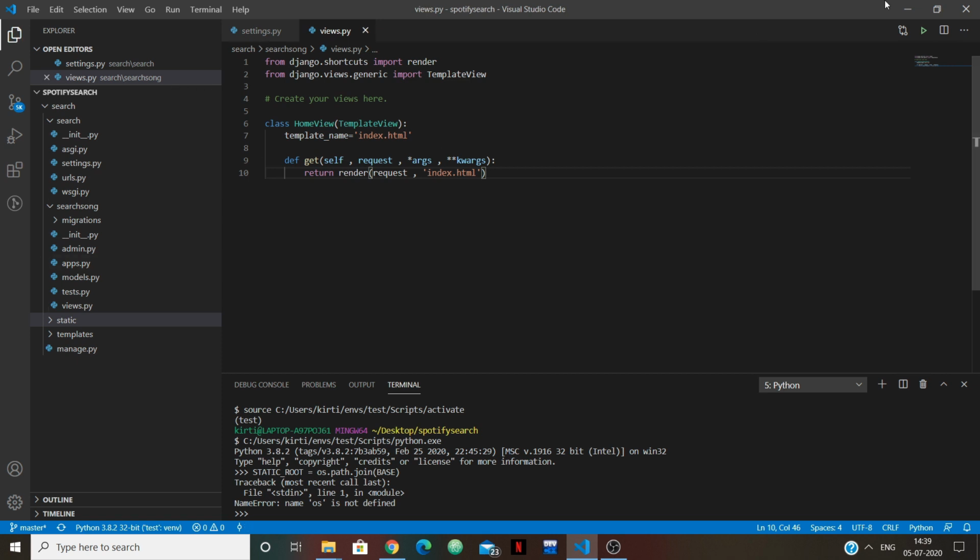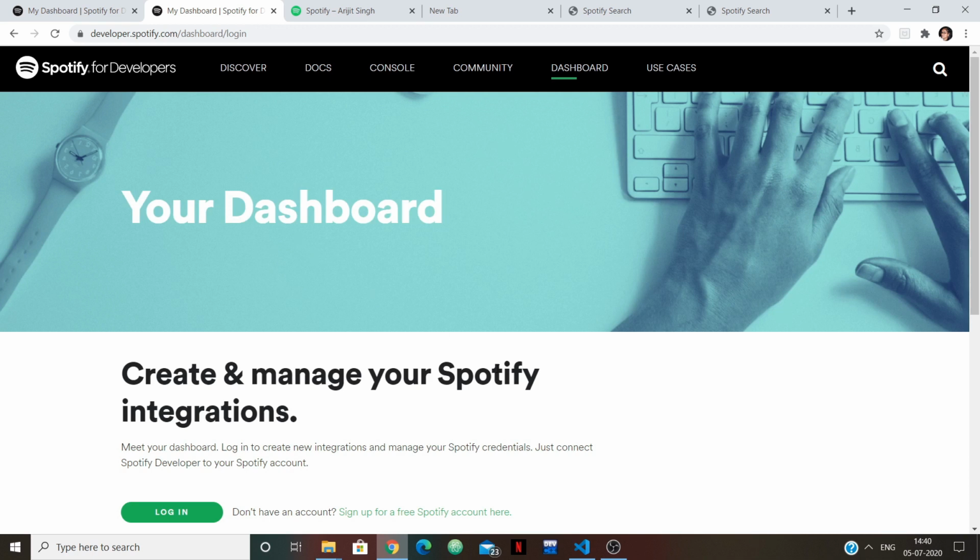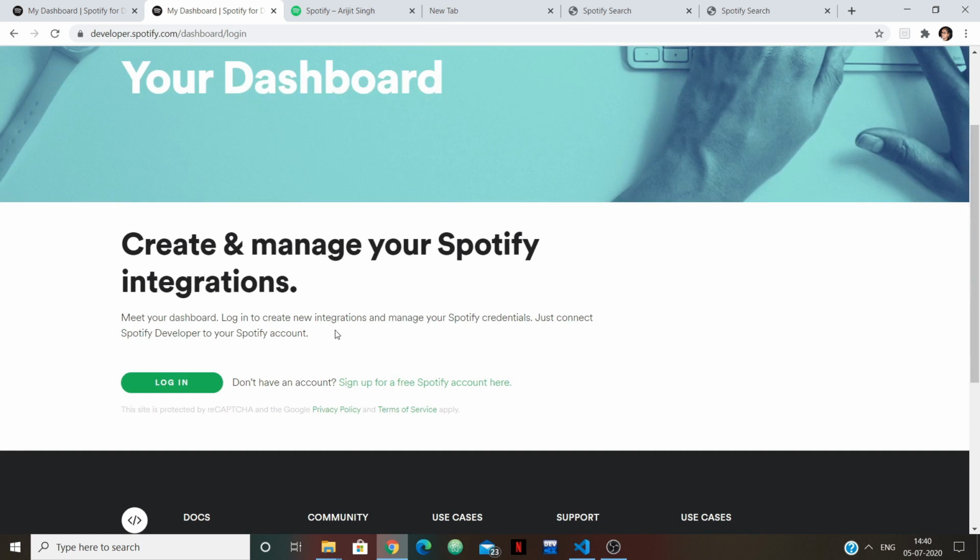Now let's begin using the Spotify APIs. Go to your Google Chrome or whichever search engine you use, and type over here developer Spotify. Once you search for developer Spotify dashboard, you will find the option to create an account.